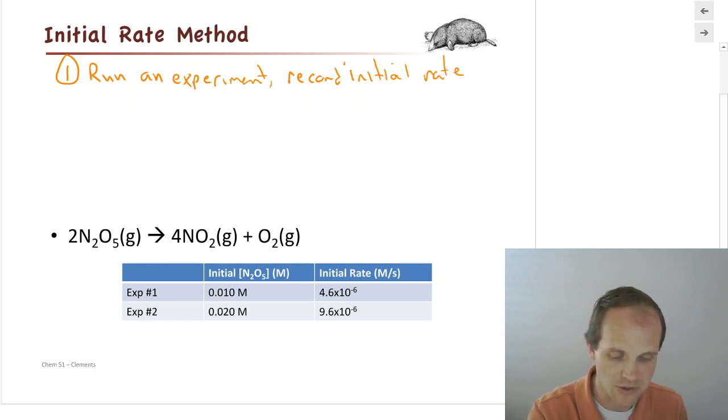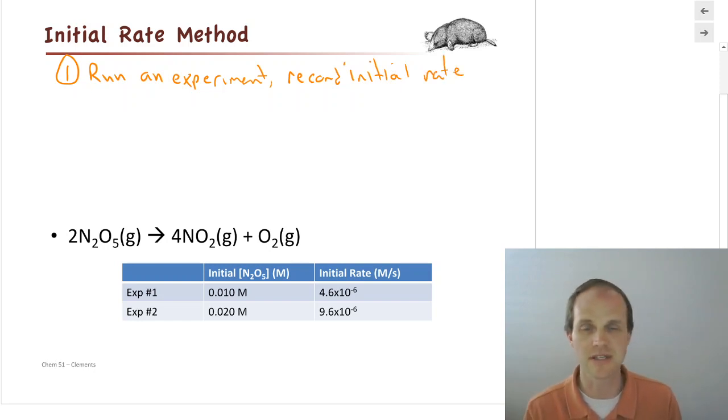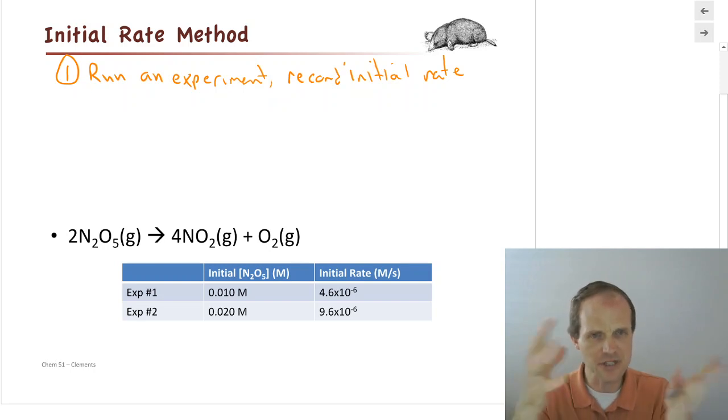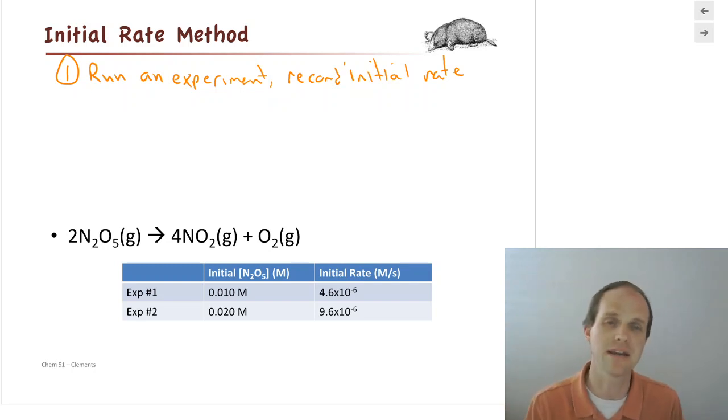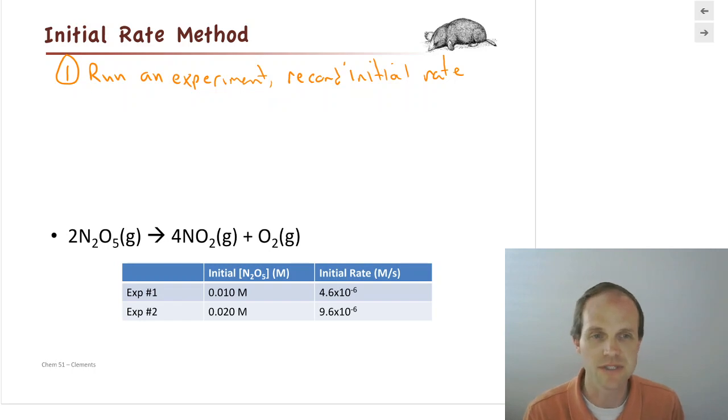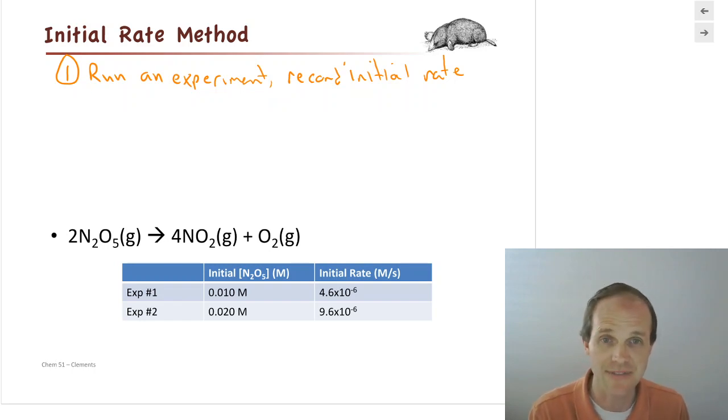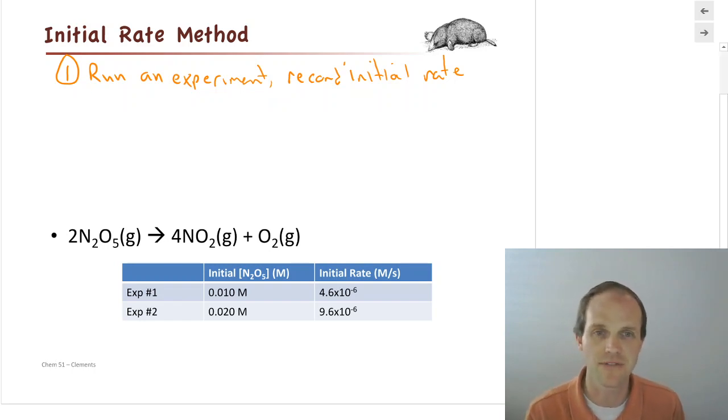Now remember, initial rate, there's a little bit of judgment there. What does initial mean? And we just mean kind of that first little bit of data that you get. If you're recording 1,000 points per second and you're doing this for 15 days, it might be the first hour of data. If you're recording 1,000 points per second and the thing is done in half a second, it might only be the first 50 microseconds of data. So it just depends. But you're talking about that very starting area in your curve. You're recording that initial rate.